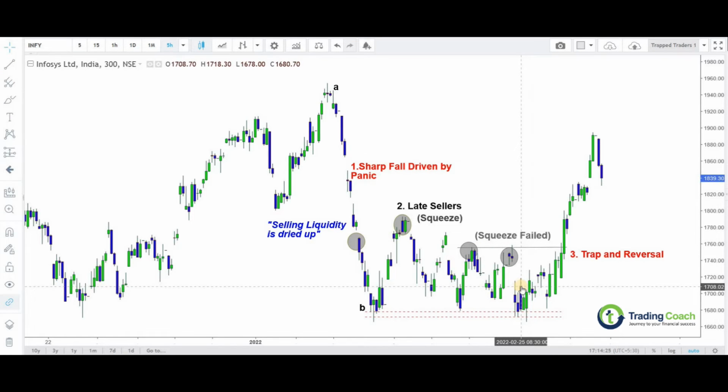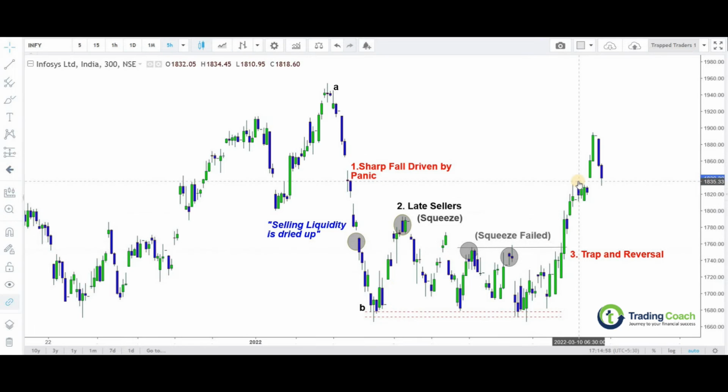But unfortunately what happens is the squeeze actually ends up as a failure. Right after the failure, you can see quickly this price action reverses. It traps all these sellers who have sold within this particular range, they are trapped in the market. So right after the trap, quickly the market turns around and it has reversed altogether, right? So there is a squeeze, there is a failure of the squeeze, quickly there is a trap and